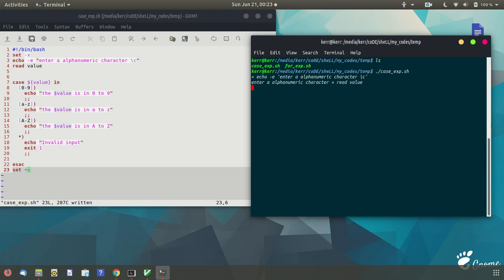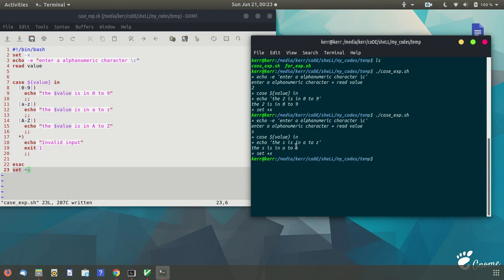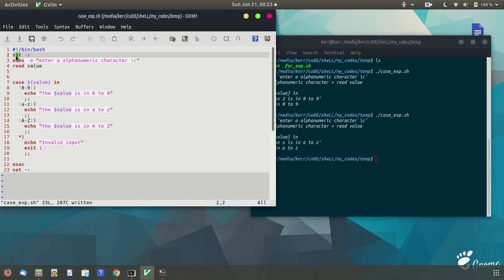So there is basically no problem up to this line. It is reading the value. Let's give a value. It shows that 2 is within 0 to 9. So basically the code is working fine. So let's use some alphabetical value, S. So that is between A to Z. So it's working fine. Now you are pretty sure that there is no syntax mistake within this code. So now you can just remove this debugger line and run this code as it is.